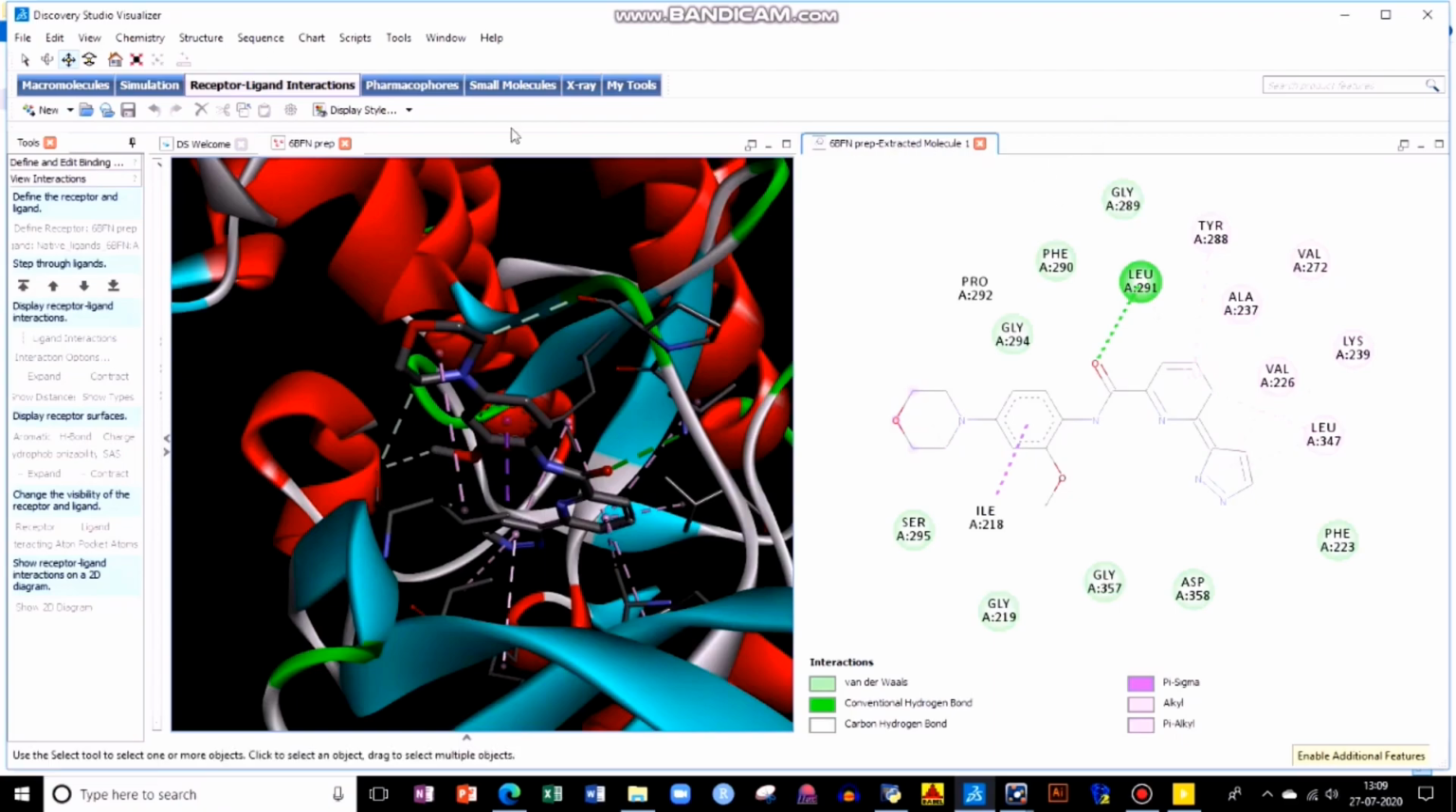So you have taken this. Now what you need to do is write down, note down these amino acids. I have taken leucine 291, tyrosine 288, lysine 239, glycine 357, and so on, in all the directions. Here one, here one, here one, here one, here one. Okay. After this, you can just close this. Now, after this, we'll go to your